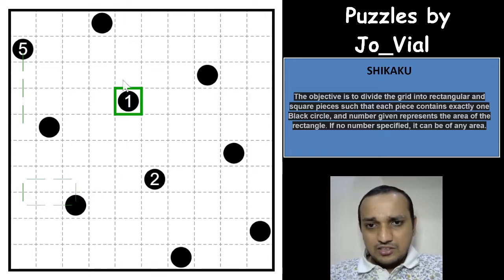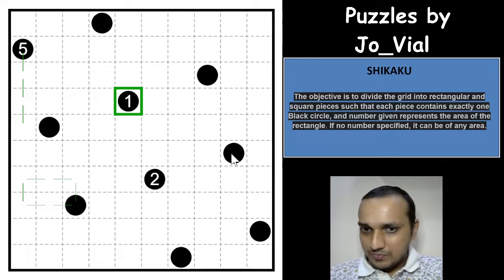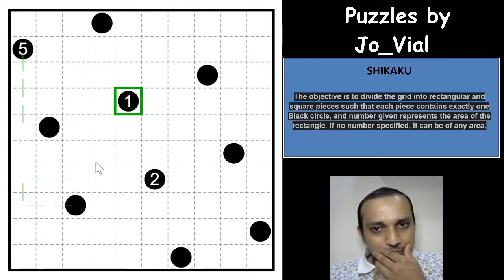So every circle has 2 places for the possibility, right? This circle has these 2 places, this circle has these 2 places, this circle has these 2 places, and this circle has these 2 places, which means all of these 4 cells will be taken by one of these 4 circles, right? That's awesome. Does that help us?